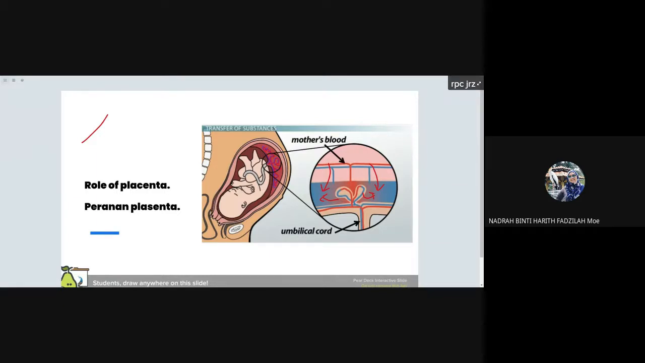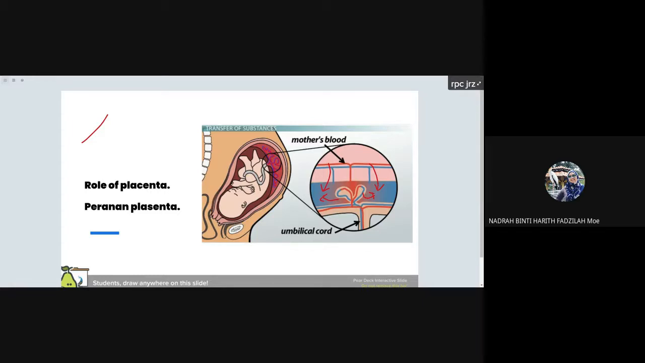So since the circulatory system of the mother and the fetus is separated, there are many importance atau benefits of that. For example, the blood pressure of mother is of course higher compared to the fetus. So apa kebaikan dia dekat situ? And then bila kita sebut pasal antibody sebelum ni, so if the blood type of mother and baby is different,